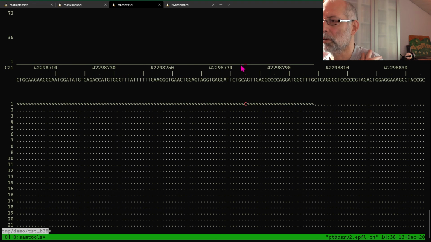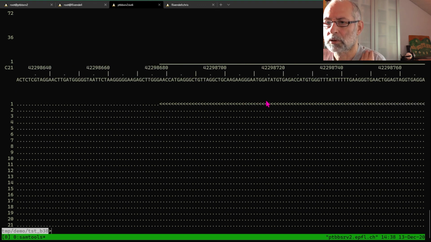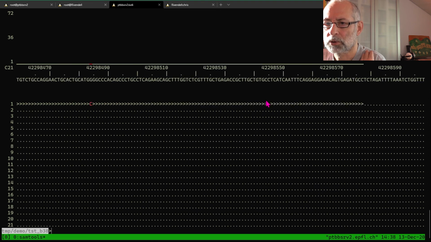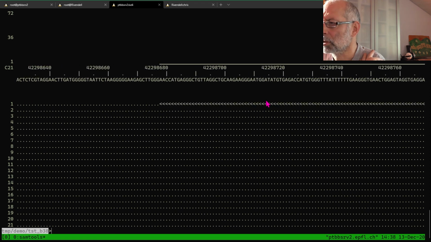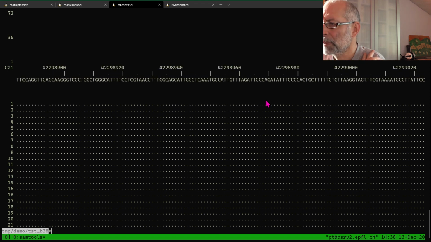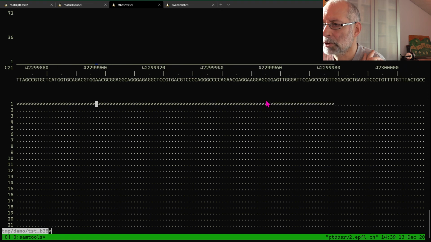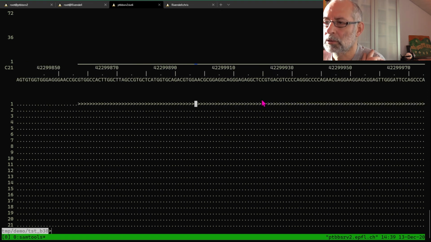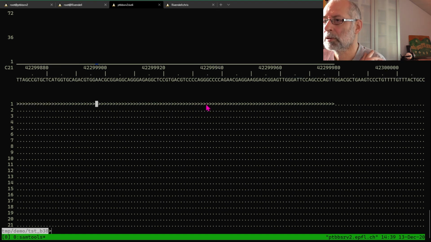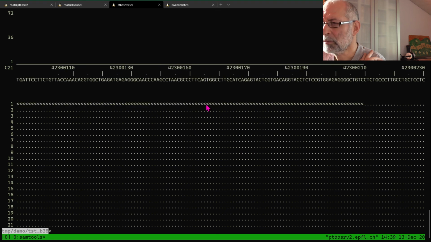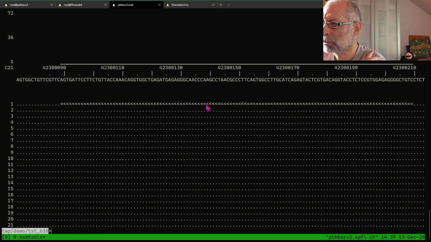You can also see in the top coverage that you have a bit of red to indicate there was a mismatch in this position. Each nucleotide has one color, so C's are red, A's are cyan, I think, and so on. So you can have an idea what's the difference. And I think if we go a bit further right, yeah, we hit the read which had the indel, so this underscore means there was a deletion at this position,